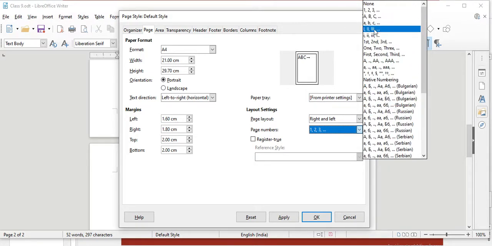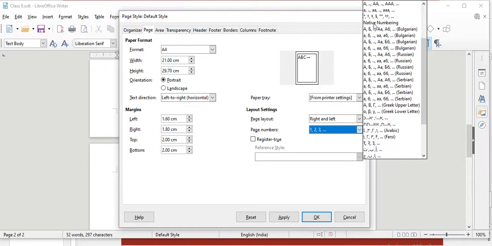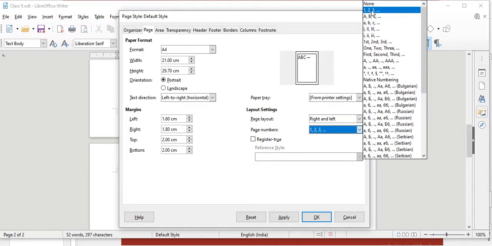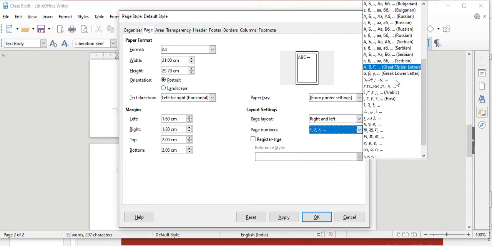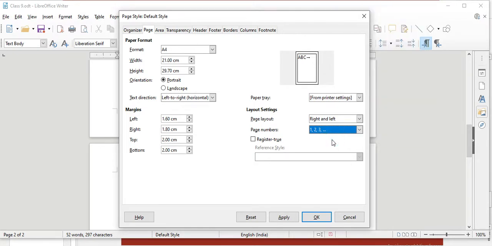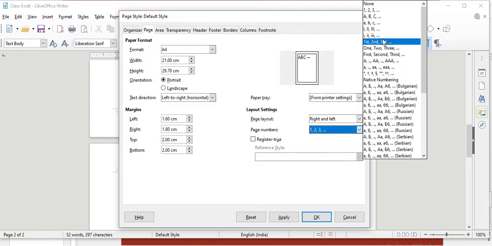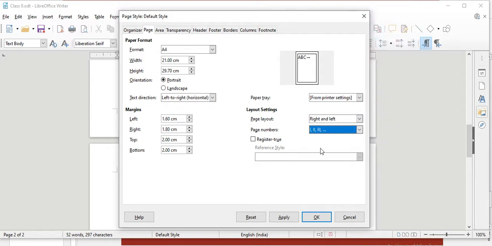You can use Roman, ABC, either alphabets or numbering, or Arabic, Hindi, whichever you want. I will choose Roman numbering. Press OK.